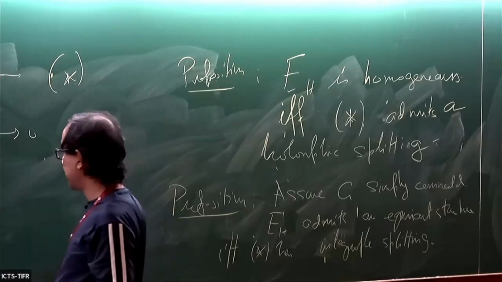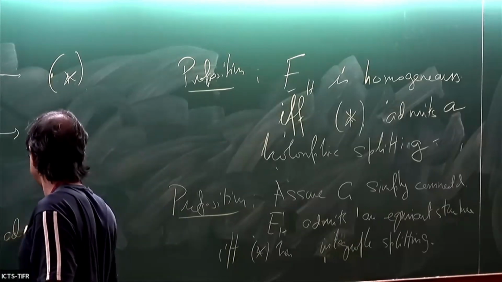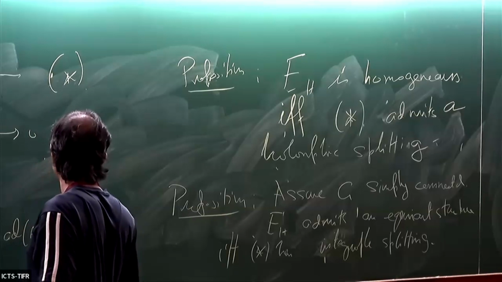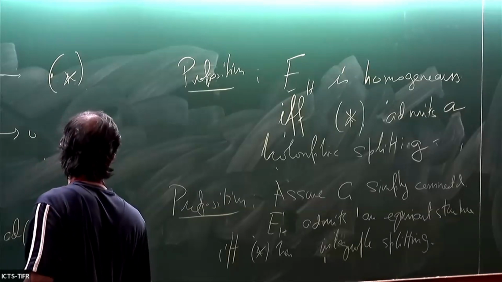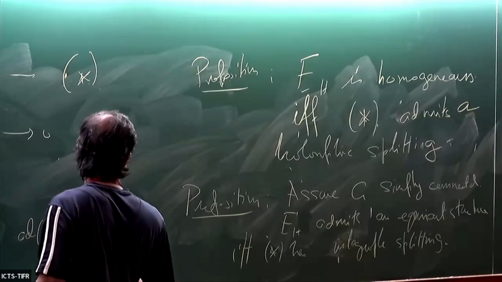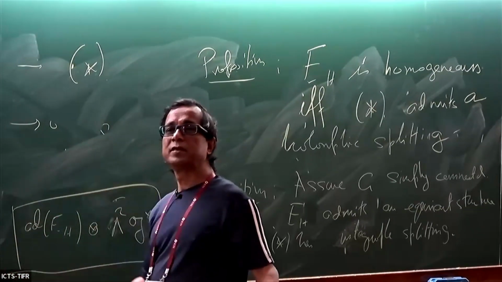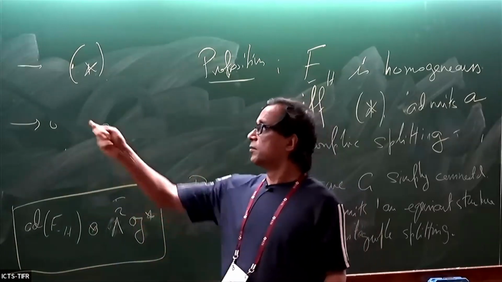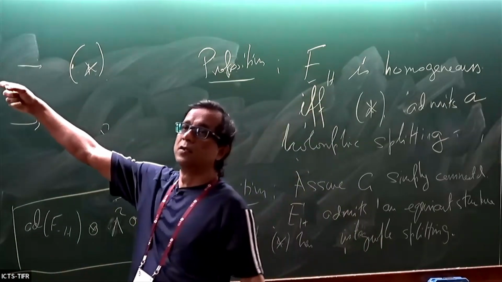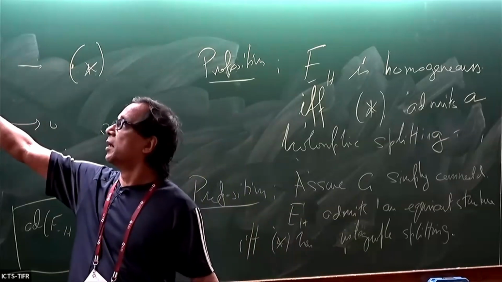This becomes a section of ad EH tensor lambda 2 G star. We use the same definition of curvature, because you take any two sections